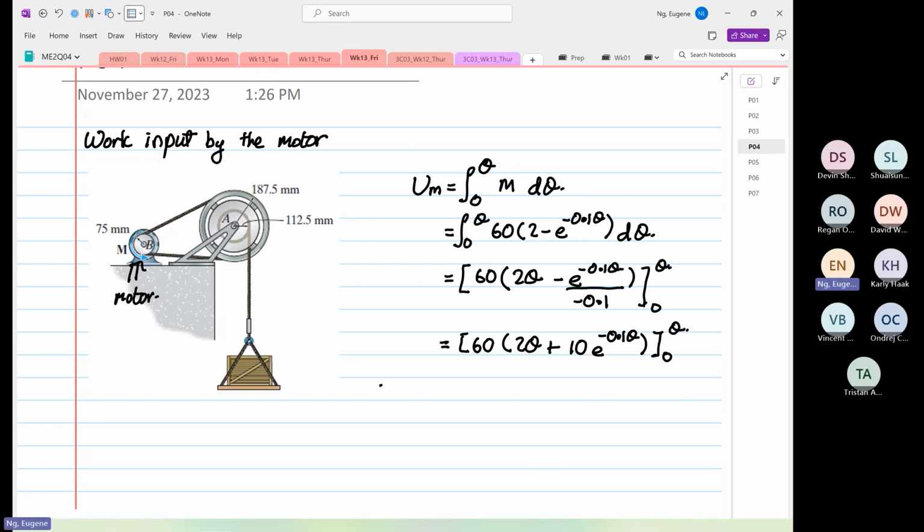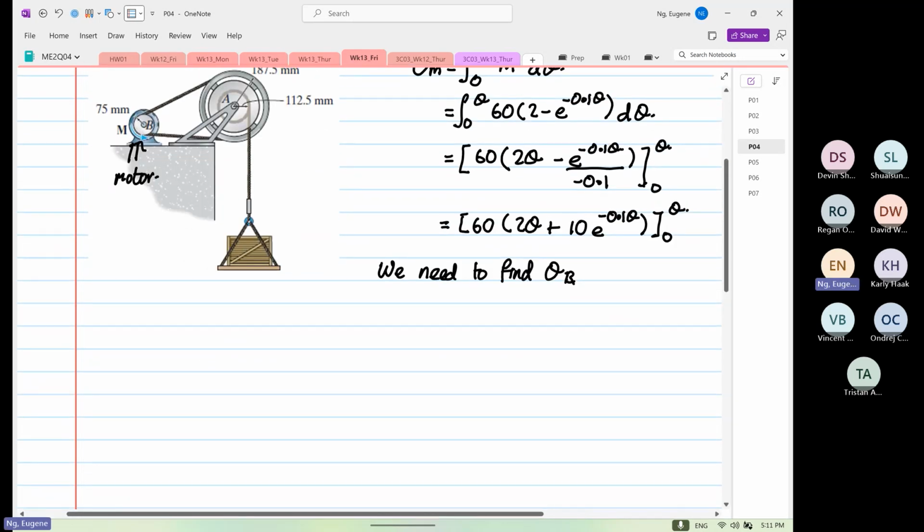We need to find theta. Right? So the next thing we have to do, we have to determine our theta. The theta we are trying to determine, I'm going to call this theta B. Okay, so over here, I'm going to draw bigger. If we look at our motor and our pulley,